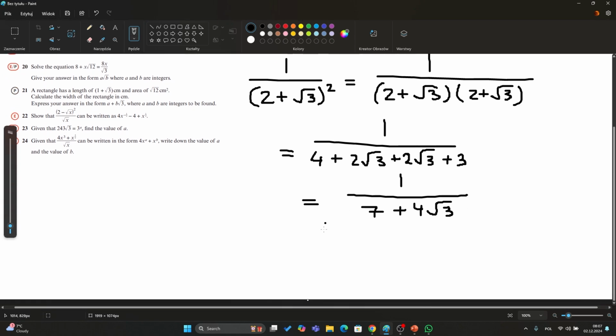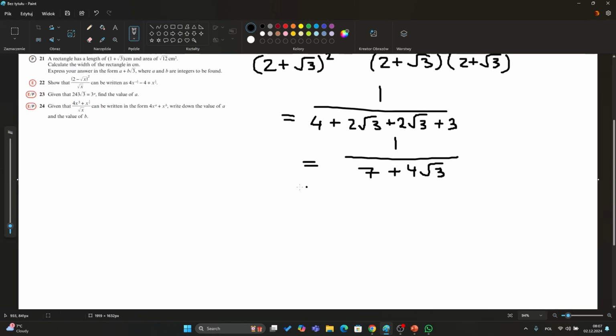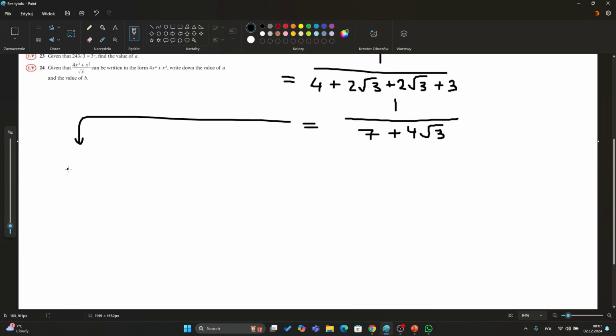So now we have to rationalize the denominator, and this gives us, if we multiply this by 7 minus 4 root 3 and 7 minus 4 root 3,